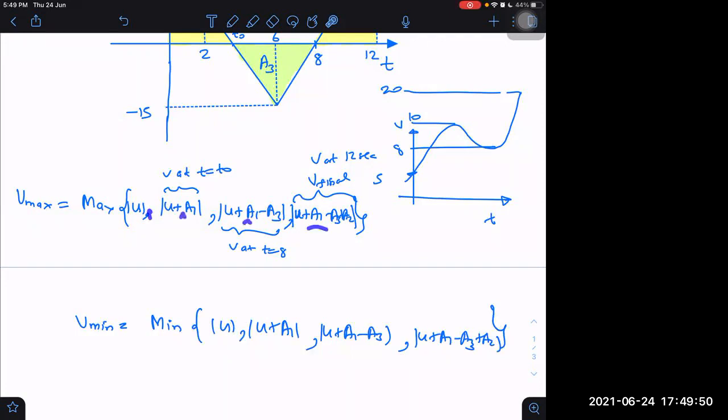Then you have to just compare these all. Whatever is the maximum of this, that will be our answer if they are asking V max. Whatever is minimum of this, that will be the answer if they are asking V minimum. And is it speed or velocity? It is speed. How do you know? I have already taken mod everywhere. But inside the mod, don't just write U, also magnitude wise. Inside we have to take everything with proper sign. After getting the answer in sign, then we have to convert it into mod. That we have to do.